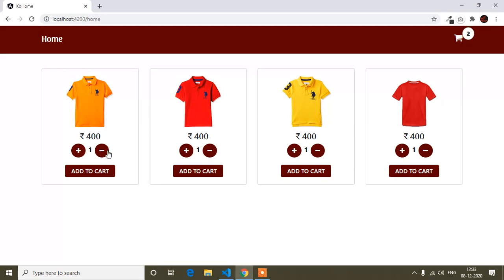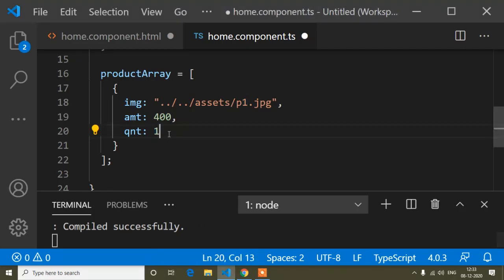You cannot purchase 0. So for that I set all the quantity to 1, because you cannot purchase 0 quantity, so the minimum is 1. That's why I am setting 1 for all the products.